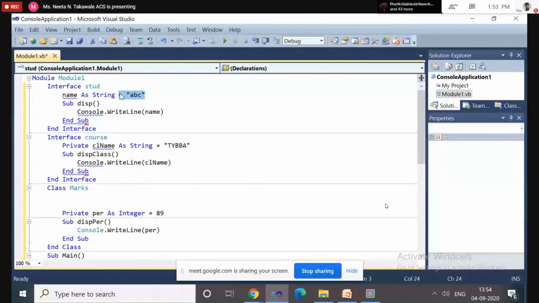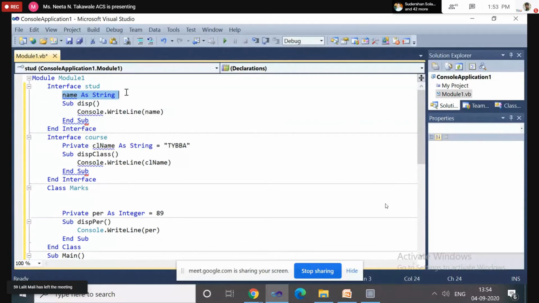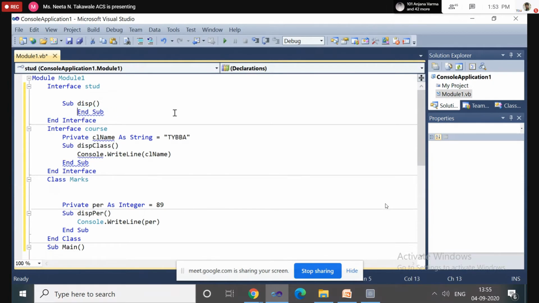One more rule is that we cannot declare variables inside the interface. Only methods, properties and events are allowed. Private and protected access specifiers are not allowed. Another rule is that only declaration is there, no definition for the methods.